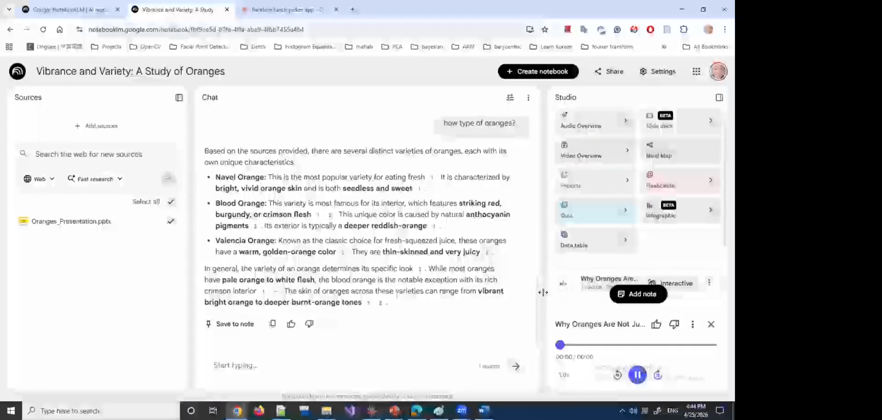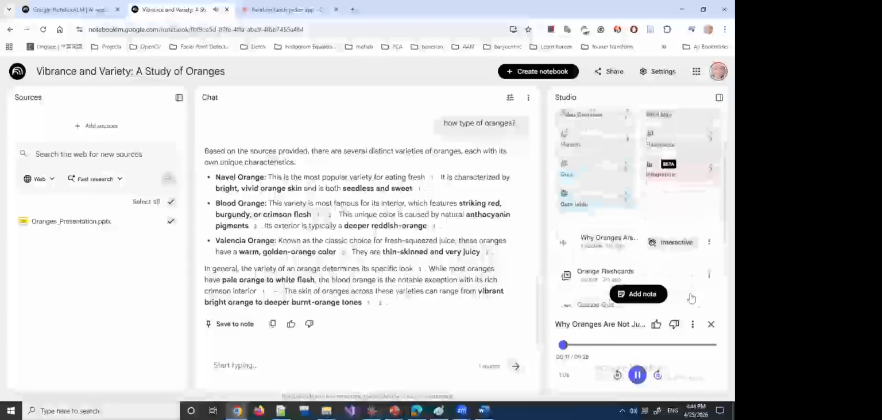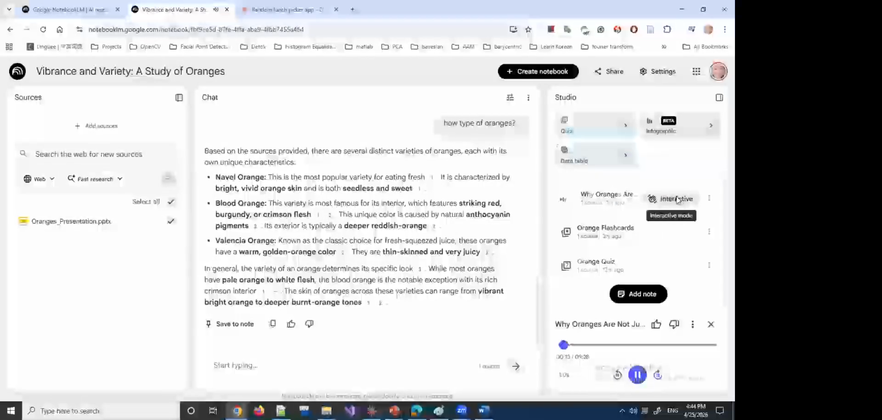So, welcome to the deep dive, everybody. Today, we are pointing our microscope at something you probably have sitting right on your kitchen counter as we speak. Yeah, we are talking about a very basic everyday snack. Right, the simple orange. Yeah. But it turns